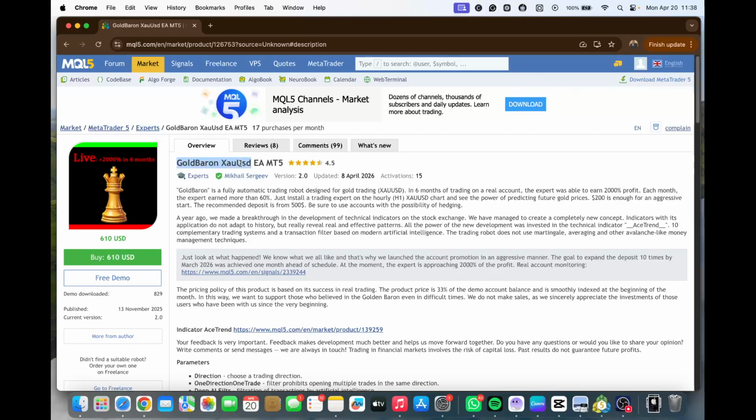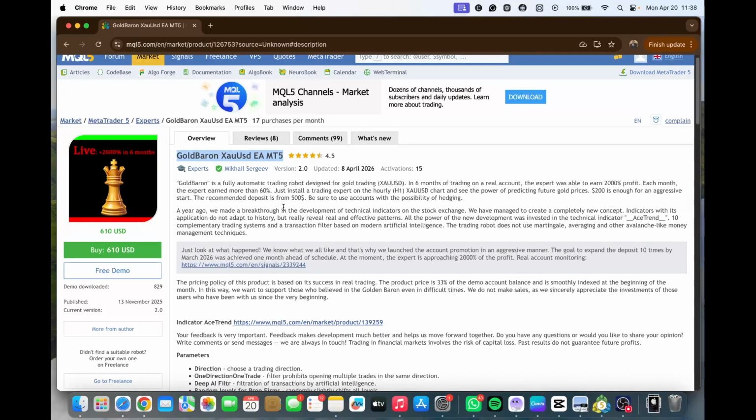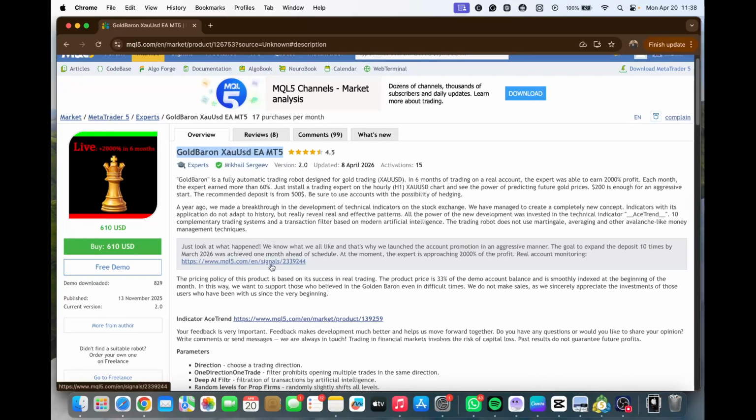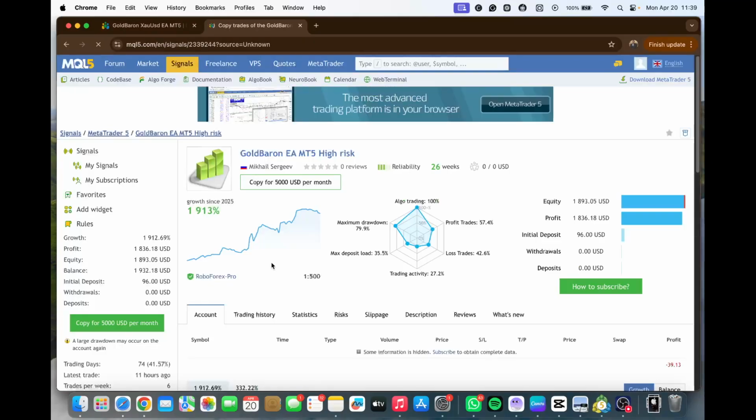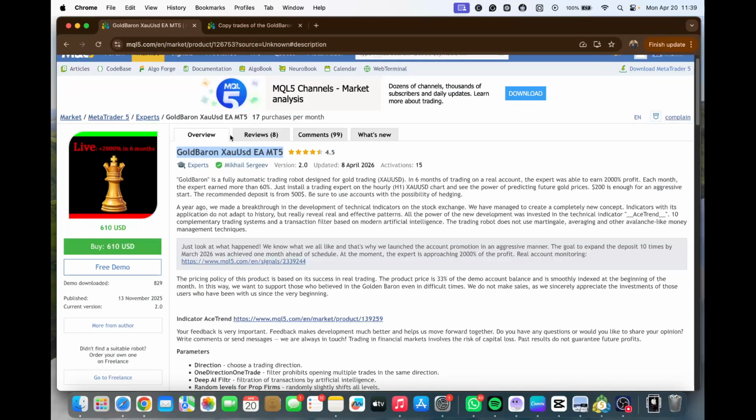XAUUSD EA for MT5. This one has been making some serious noise on MQL5. The developer claims it turned $96 into almost 2000% profit in just 6 months on a real account. And they are calling it a breakthrough with their new ACE trend indicator and AI filtering. Sounds impressive, right? But as always, we are going to cut through the hype and see what's really going on under